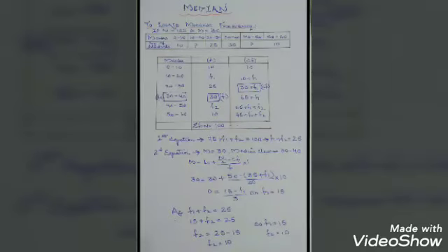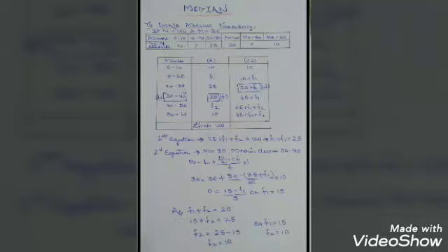Then the next one is 25. So 10 plus 25 comes to 35, so 35 plus F1. Next is 30, so 35 plus 30 is 65 plus F1. Now F2 is the missing frequency, so we have taken 65 plus F1 plus F2. And then the last frequency is 10, so 65 plus 10 comes to 75, so we have taken 75 plus F1 plus F2.